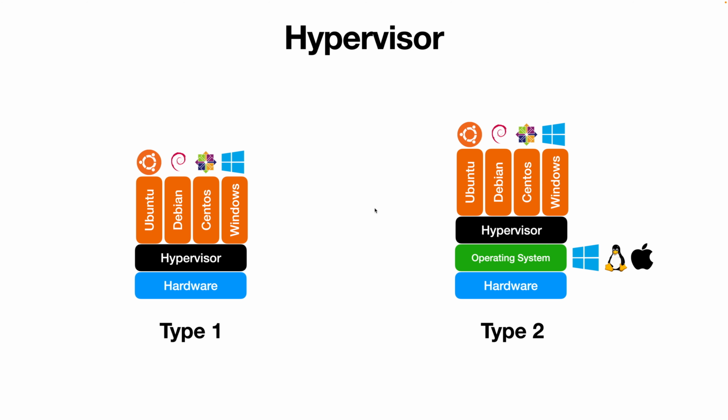The hypervisor executes the virtual machines. So inside of every virtual machine, you have an operating system of your choice. In this case, it could be Ubuntu, Debian, CentOS, Windows, whatever you want. These virtual machines are completely isolated from one another. And the hypervisor also emulates hardware. For example, let's say a network card or a sound card that you don't have in your computer, it could be emulated by the hypervisor. So you have a complete computer, basically, simulated, virtualized for you to install any operating